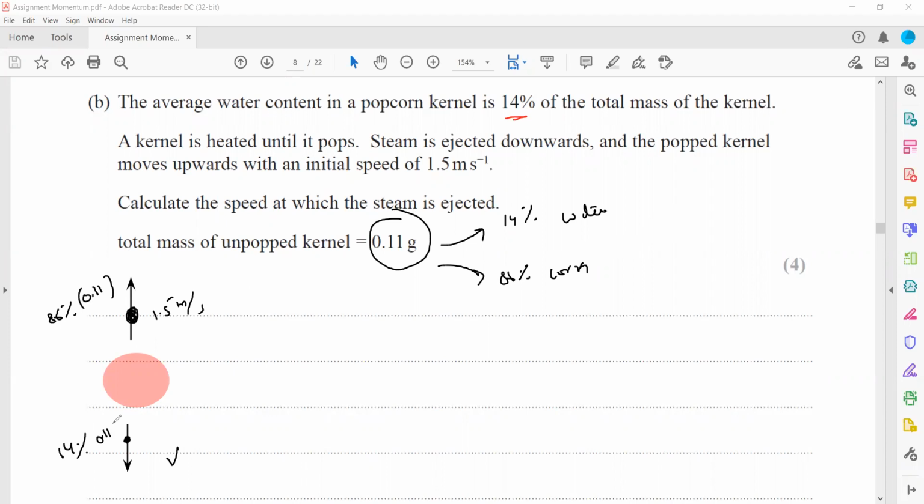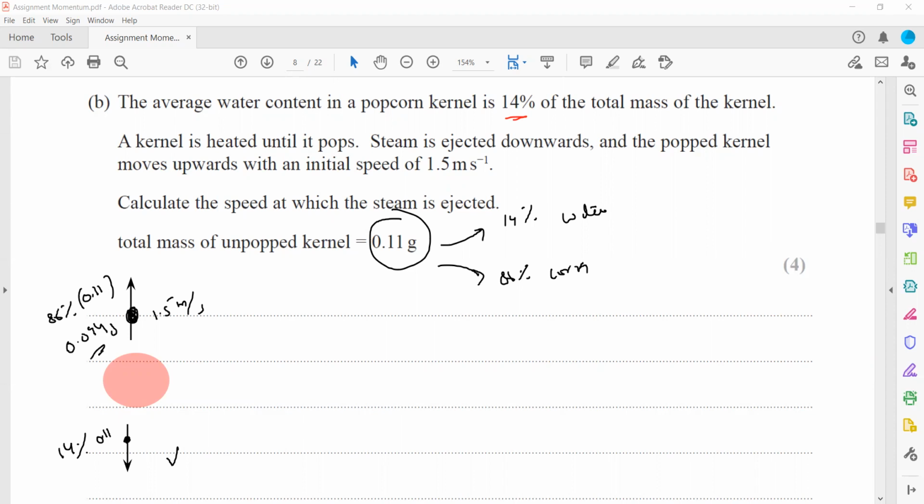So we can work out the mass first, and after that we can use the conservation of momentum: momentum before will be equal to momentum after. When we work out 86% of 0.11 gram, that will be 0.0946